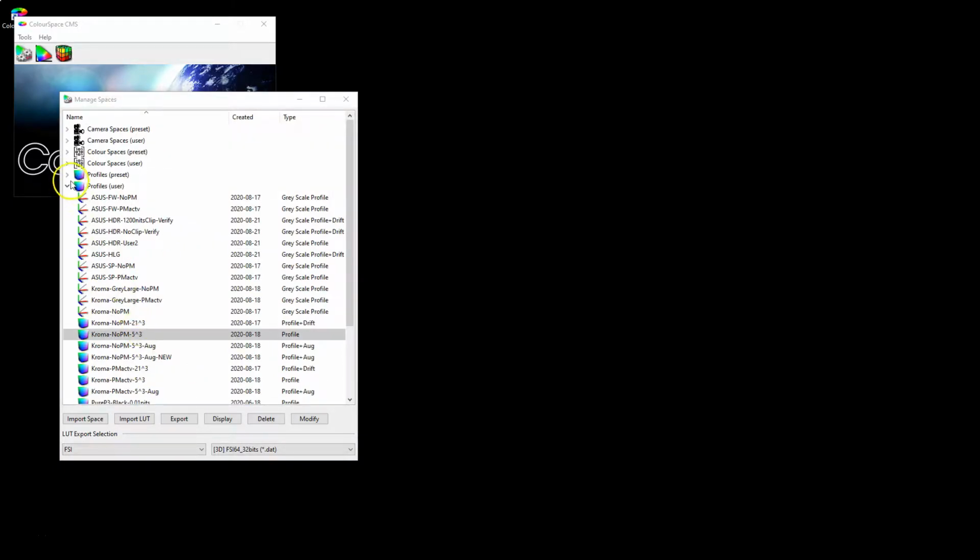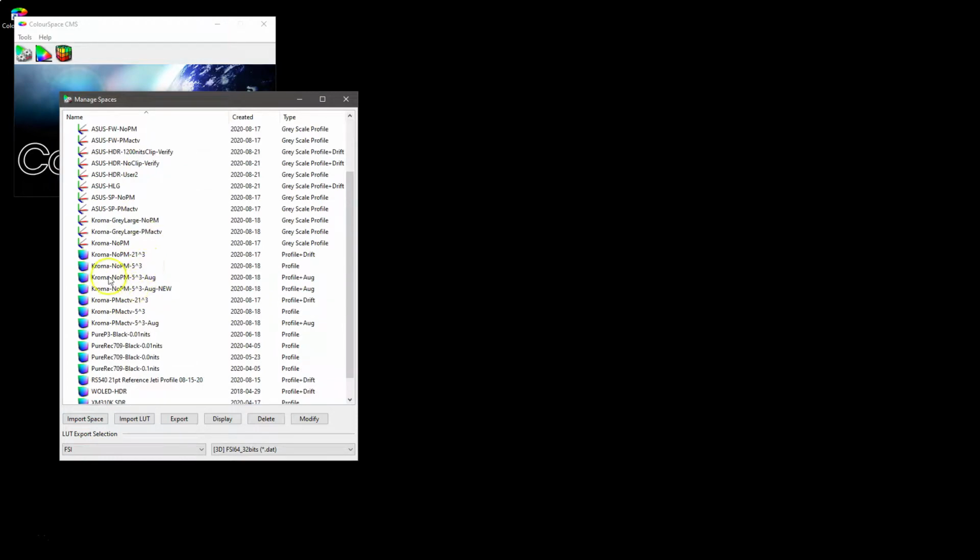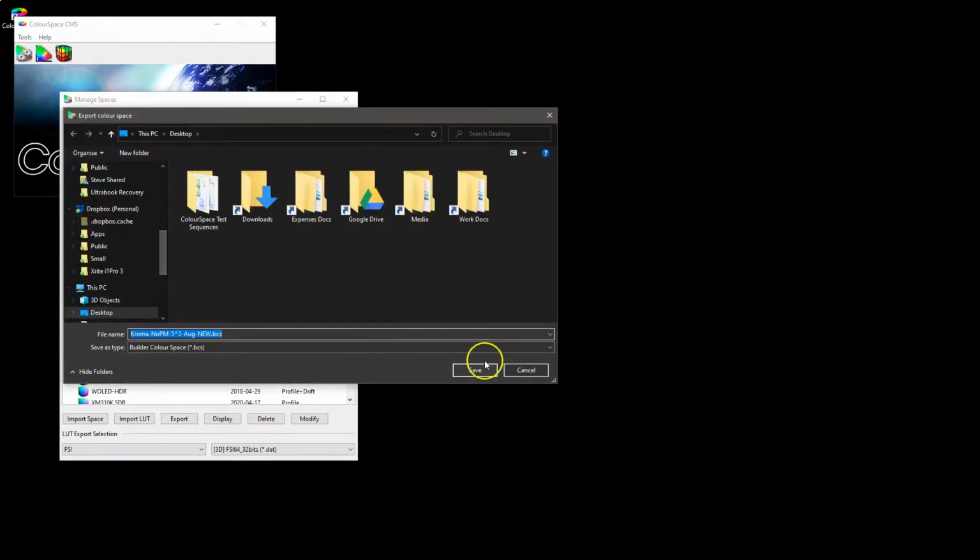The other prime function of the library obviously is to import color spaces, export them, import LUTs, export LUTs, and select a profile to display. So if we look at what we have here, first off we'll export an existing color space. So if we take our chroma, the one we've just done with our augment new, why not? And if we export that onto our desktop,